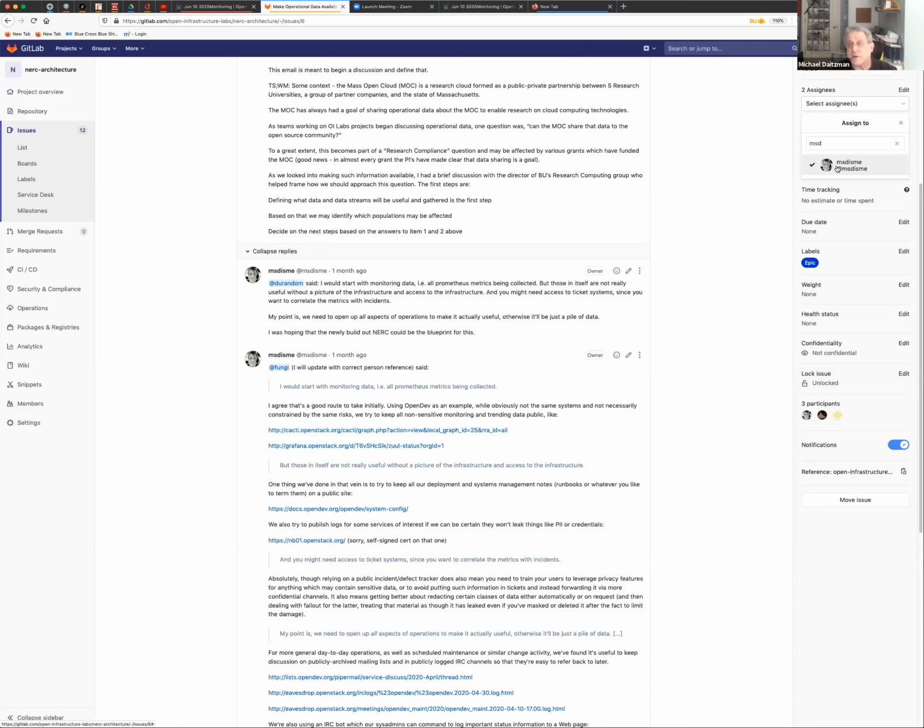There may be things in there that we go, oh yes, we should monitor that, but maybe not as long or maybe not as much. And there will probably be things in that we just don't think we need to monitor, but that a separate HIPAA compliant Open Infra Lab stack would make sense to monitor. So we'll have potentially two different sets of data that we can use to bring to those review boards.